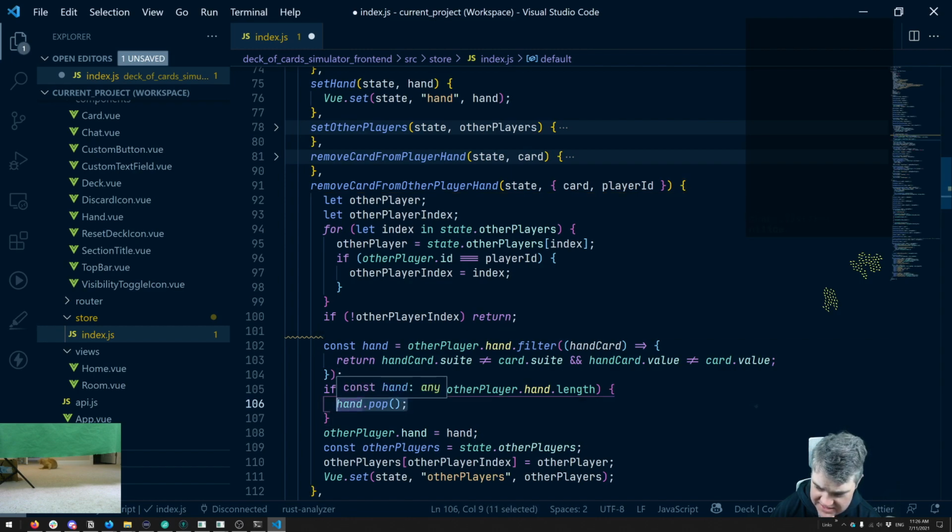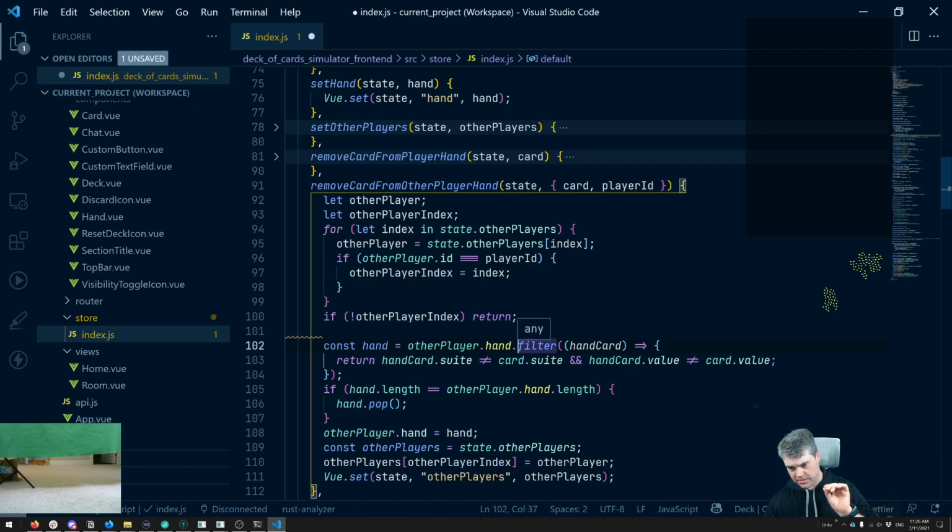I think sometimes we're running this a little bit too often. So then we look through here and we say, okay, const hand equals other player dot hand filter. So we're looking through this other player that we found. We find their hand. We're going to filter so we get that hand card. We're going to return that hand card dot suit, if the suit doesn't equal to that, and it doesn't equal to the card value,